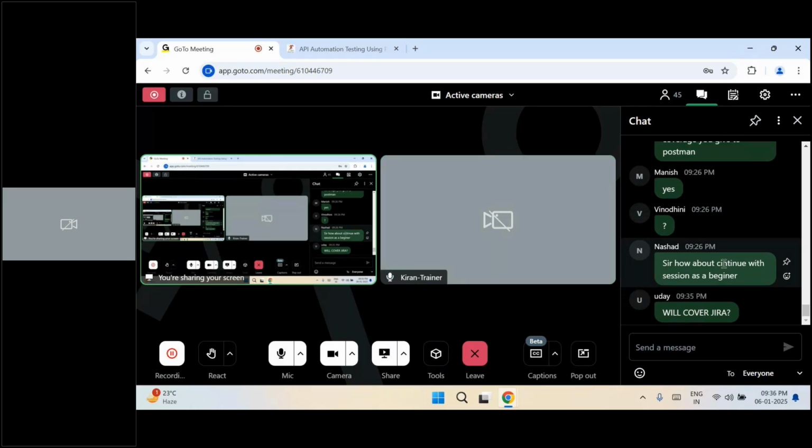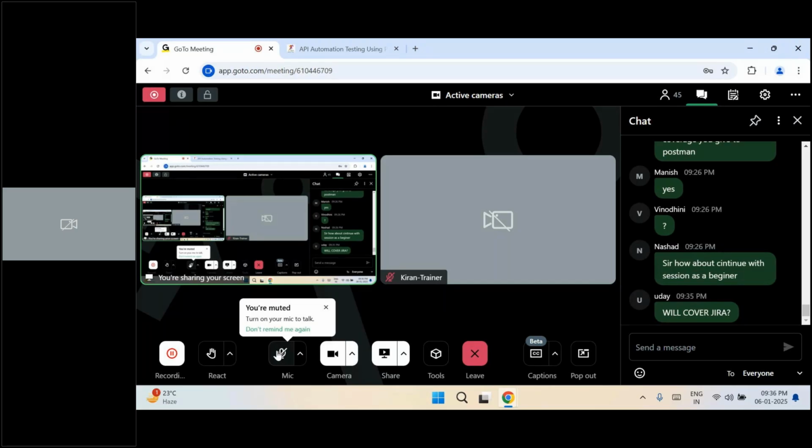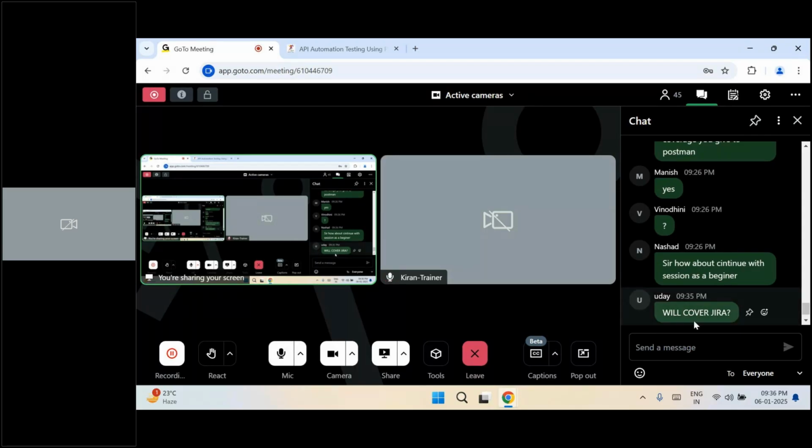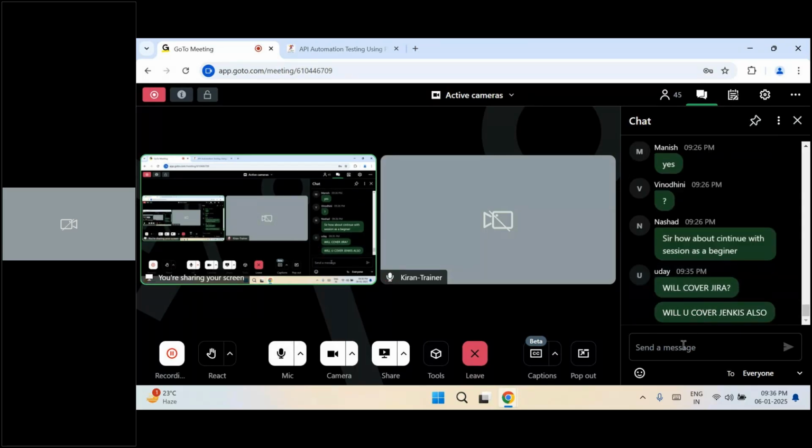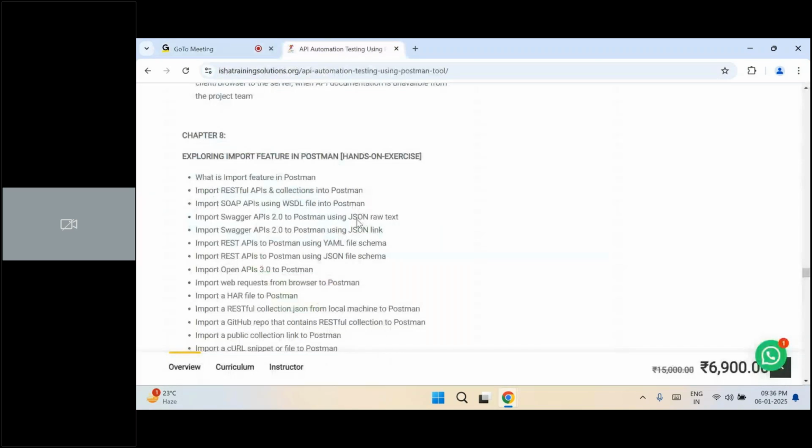Sir, regarding that CI/CD, what tool are we going to use here? Jenkins. Okay. Thank you. Yes, I'll cover Jenkins. Okay, let's continue. I don't see questions anymore.